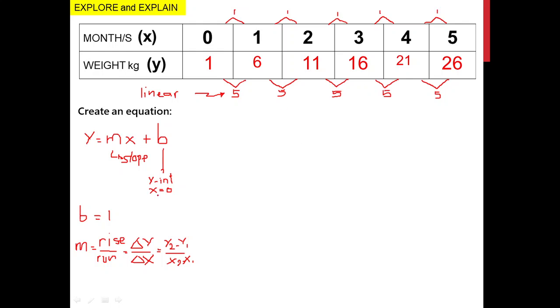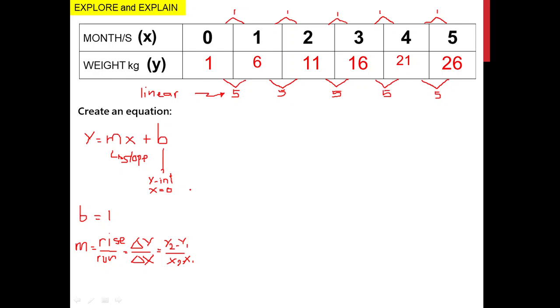Now, based on this one that we gather, slope can be the rise over run. We cannot see the rise over run here. Can we see the change of y and change of x? Yes, of course. When we subtract y2 minus y1 and x2 minus x1. So let's try to have it here.